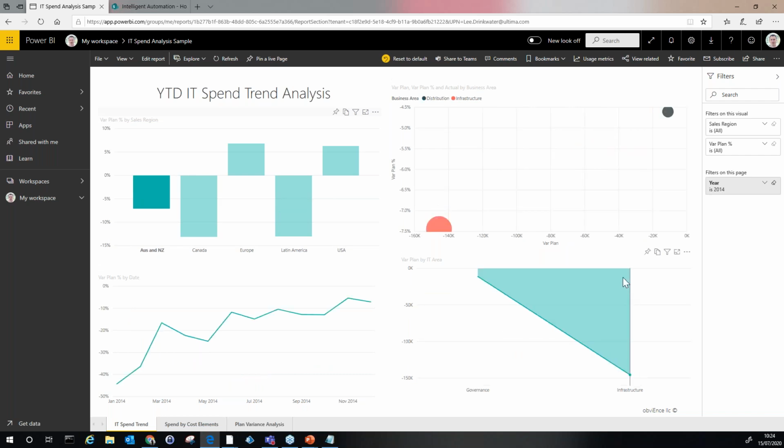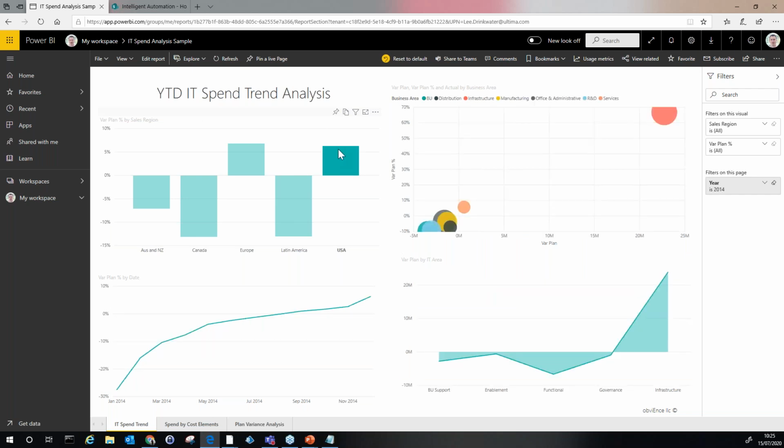we can see infrastructure appears to be their biggest area of spending, which is probably the case for most IT businesses or IT departments anyway, even with the advent of cloud. Now they're quite a way ahead of their variance, even though they spent quite a lot. And it's sitting at sort of 120,000. If I hover over, it'll give me the exact number, 145,000. If I look at the US,